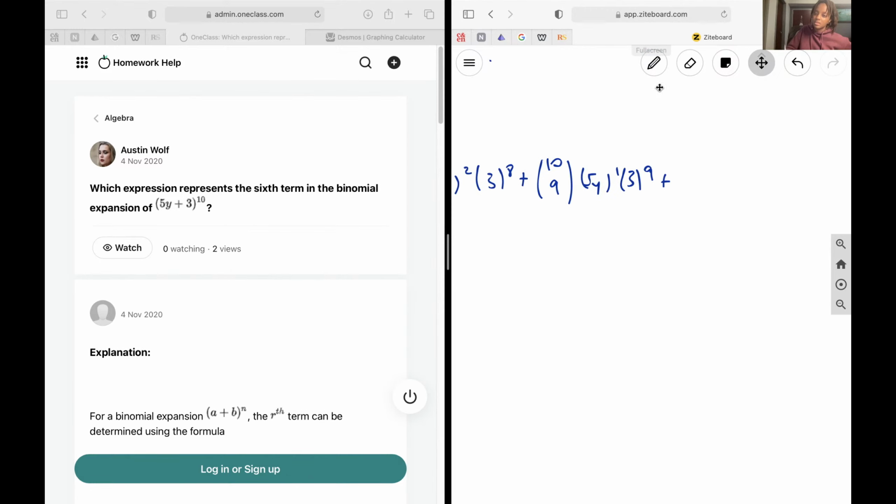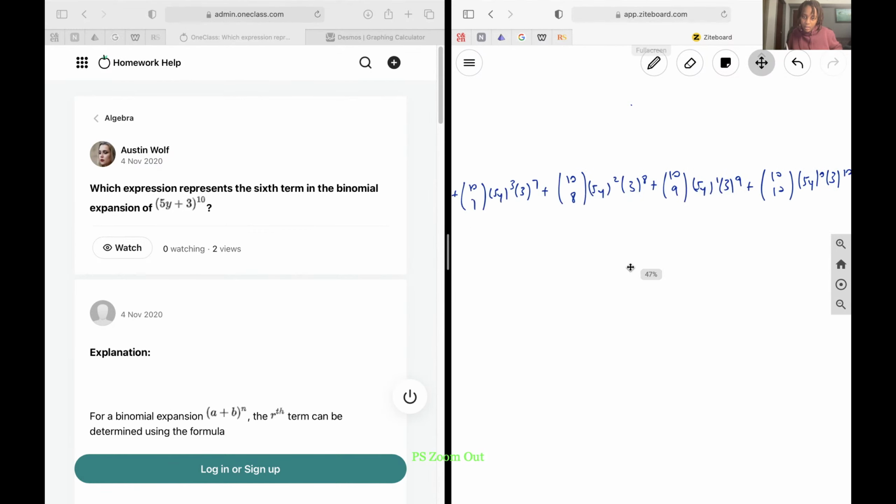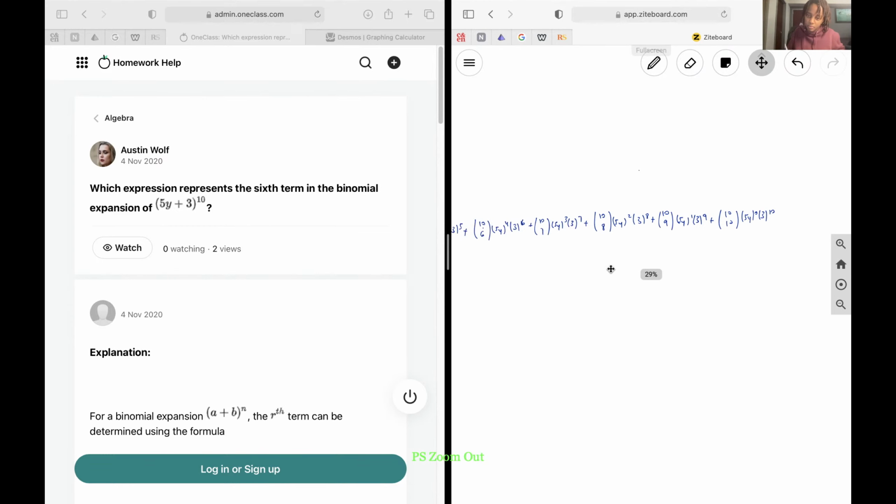And this is going to be our last term. So 10 choose 10, 5y to the power of 0, 3 to the power of 10. Okay, so now that I have this very long expression,